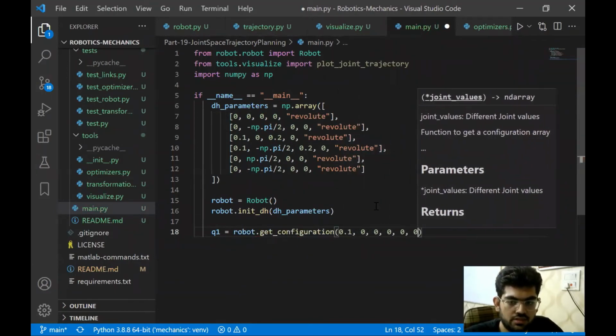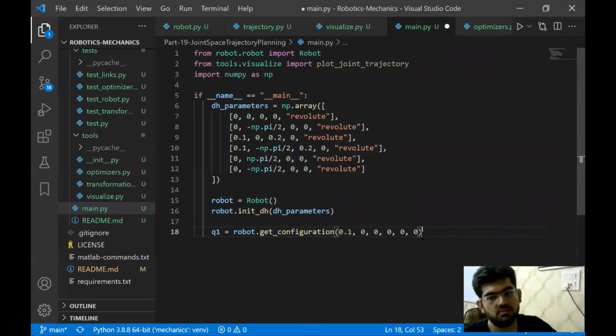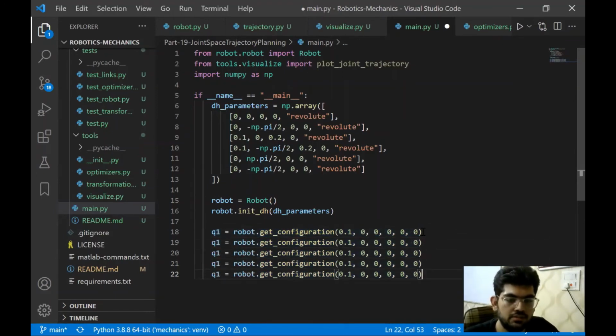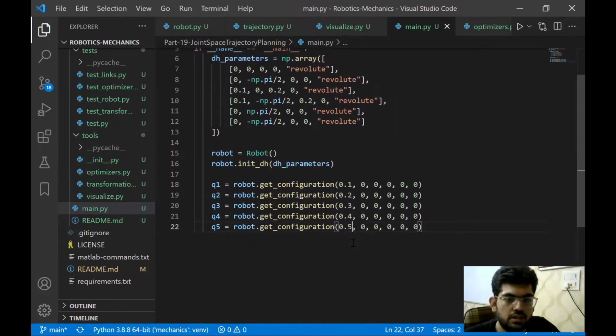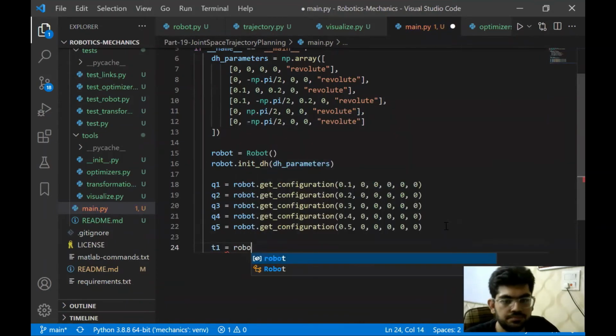Now we need 6 joint values, which are over here. And we're going to create a series of 5 position parameters: 0.1, 0.2, till 0.5. So let's do that first. Okay, now we have these position parameters. Now let's compute the transformation matrices of these joint values.